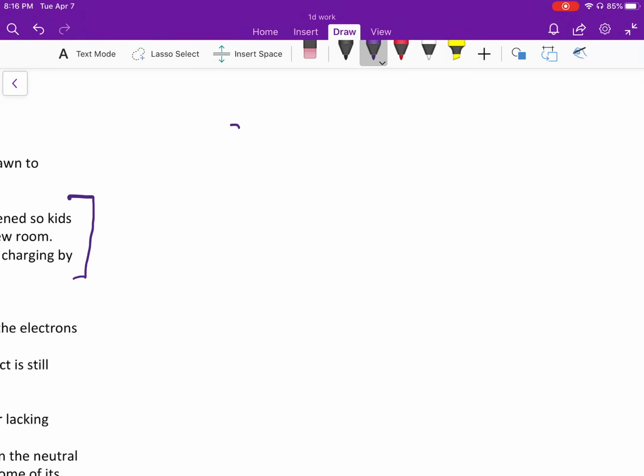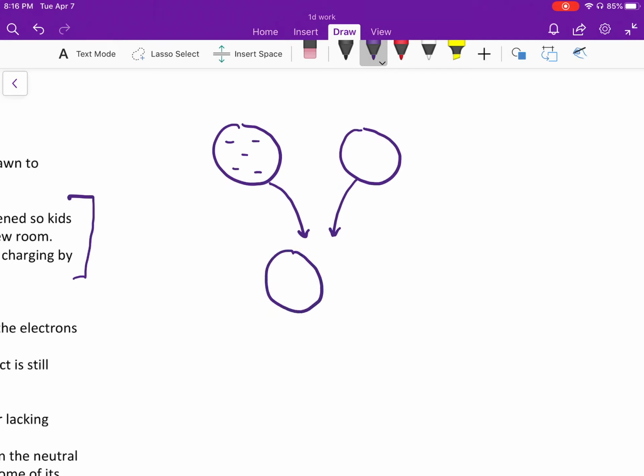So let's say we had a negative object. Negative means it's got extra electrons in it. And let's say we have a neutral object. Neutral means that for every electron there's a positive. So I could show the negatives and the positives, or I could just leave an empty circle to sort of show what's happening. If I bring these objects close enough together so that they touch, that's kind of like opening